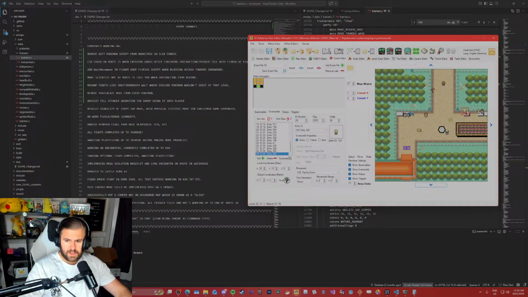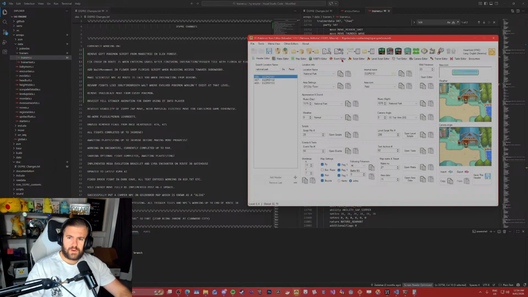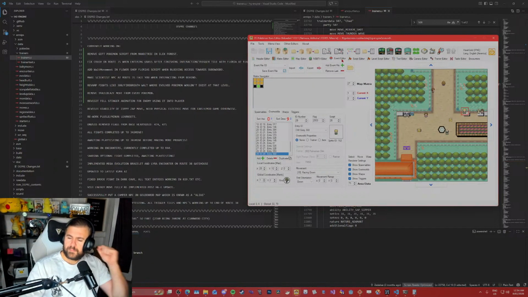Yeah, so I think all the flags to them work alright. I just want to see the flag though for just like a random NPC blocking something.